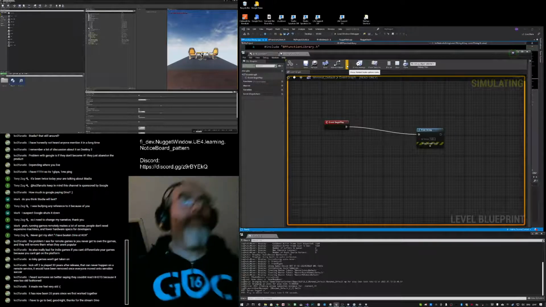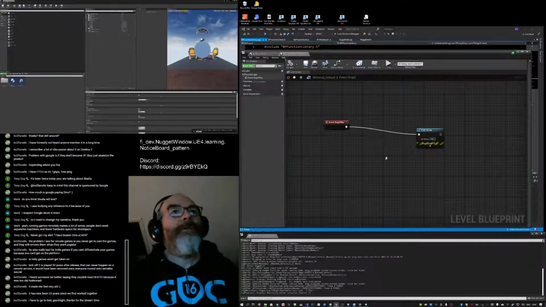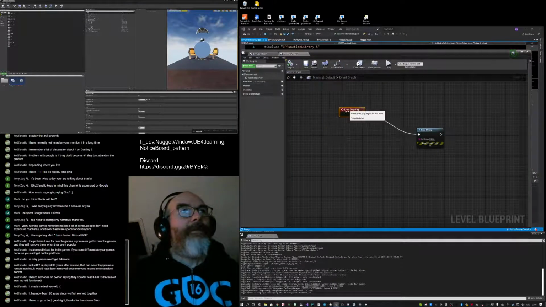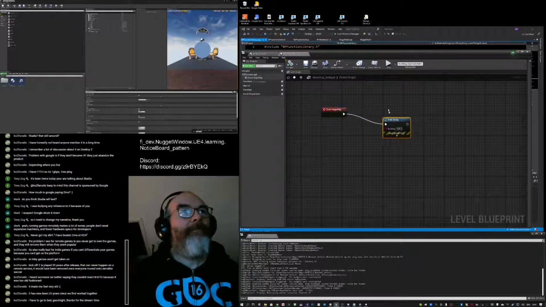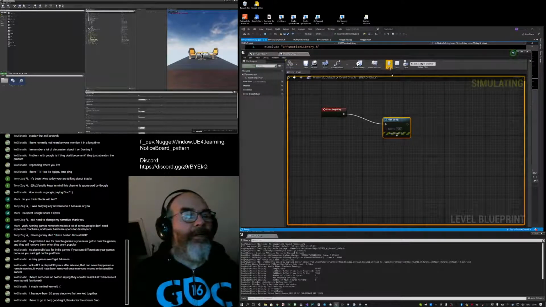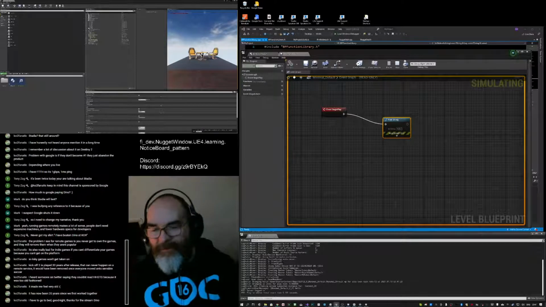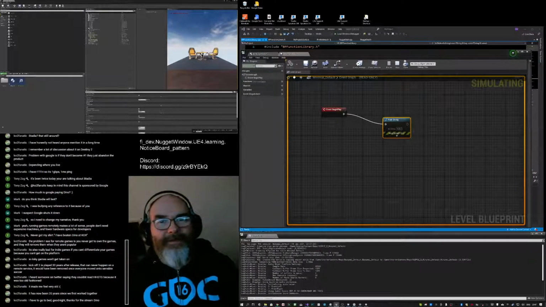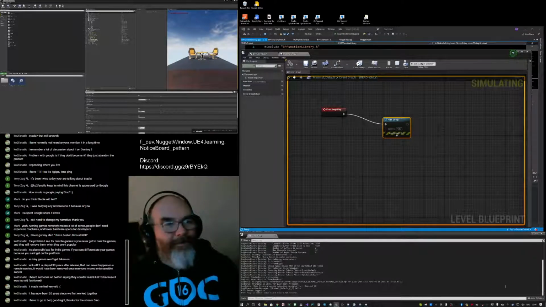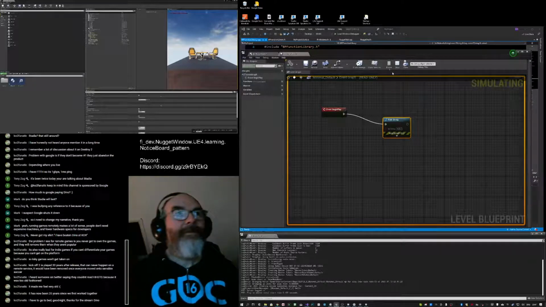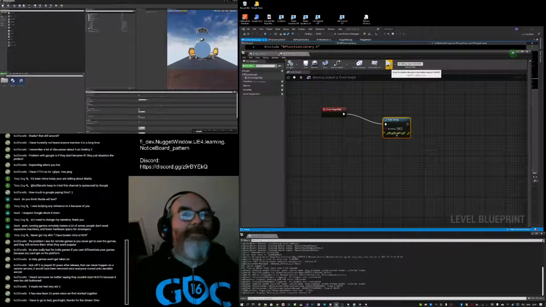So when you're in the level blueprint, you can do event begin play. Is it not scrolling? You just sort of hit some. I won't have to scroll down it.